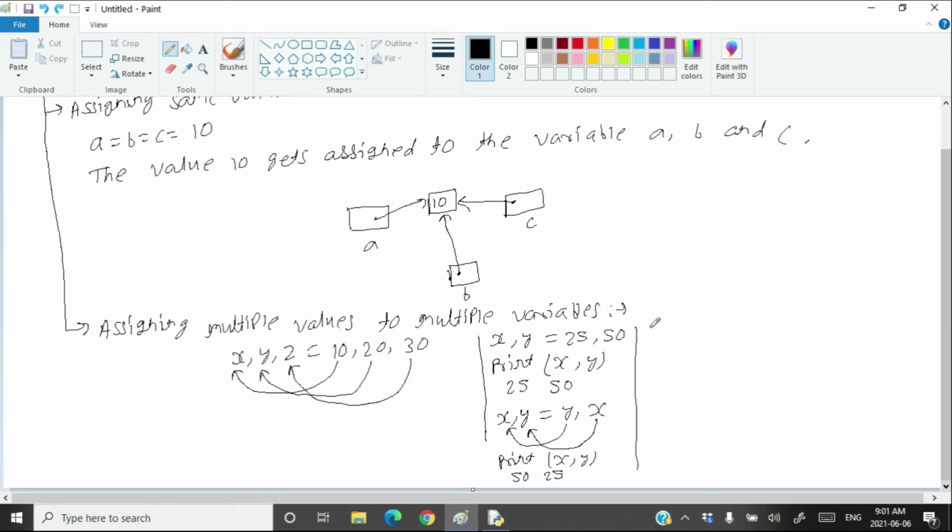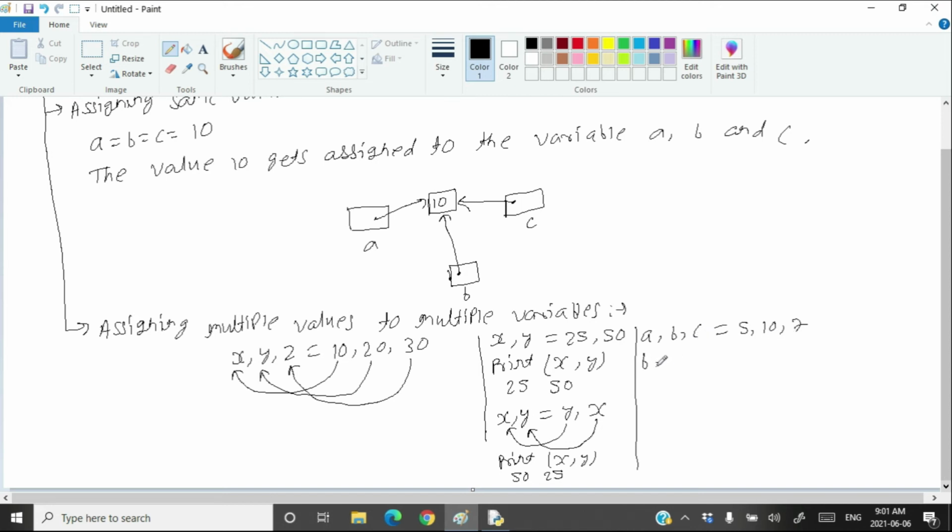Suppose that you have something like this: a, b, c = 5, 10, 7. So a will contain 5, b will contain 10 and c will contain 7. Hopefully you are getting it.